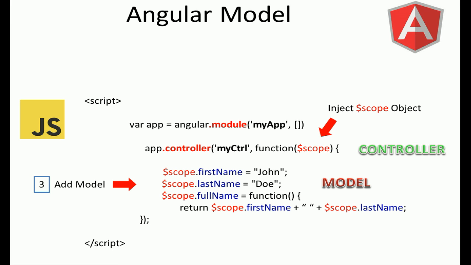Scope. We need to inject the scope object into the implementation function so that it is available for us to build our model. Remember, scope is our data carrying object that travels between the view and the controller. Scope has also been referred to as the link or view model between the controller and the view. Passing scope to this controller implementation